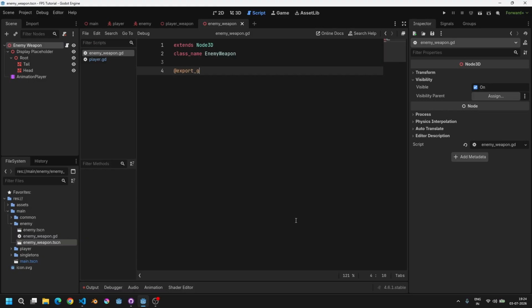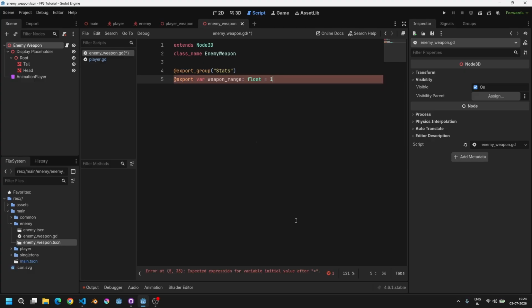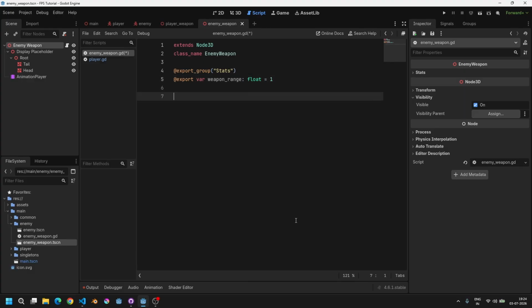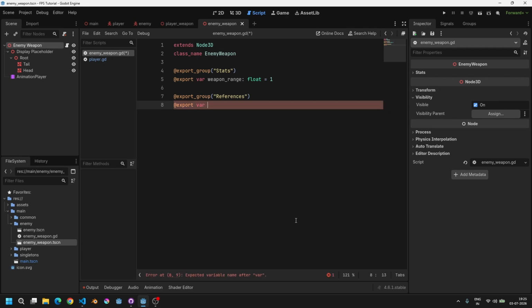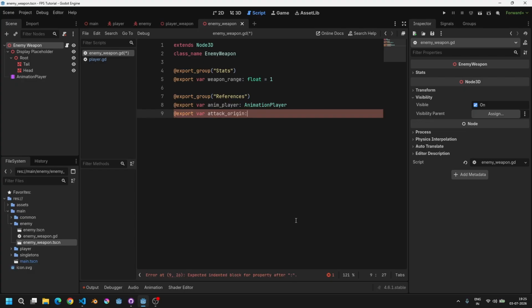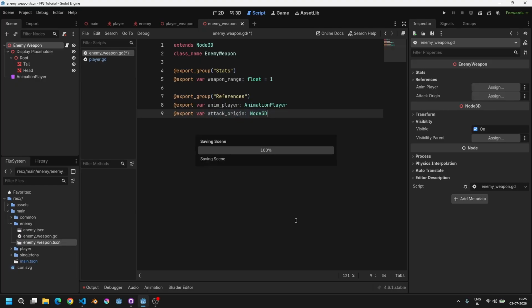and let's create a group, and this is going to be for the stats, and let's have the first variable as weapon range, and let's have a range of 1, and then another group, I will call this references, and let's have a reference to the animation player, and another reference which is going to be our attack origin. So I will let you know what it is shortly. So it's going to be a Node3D,